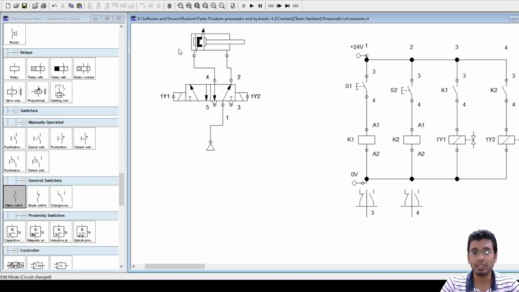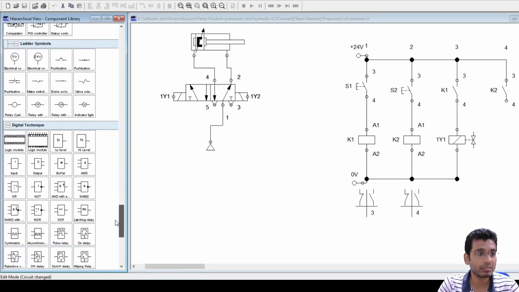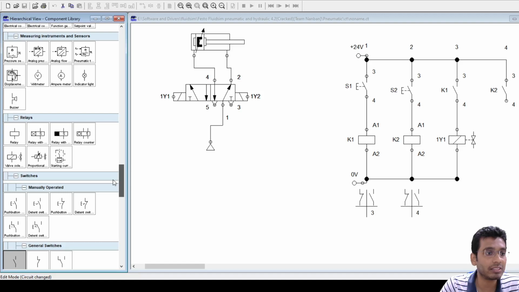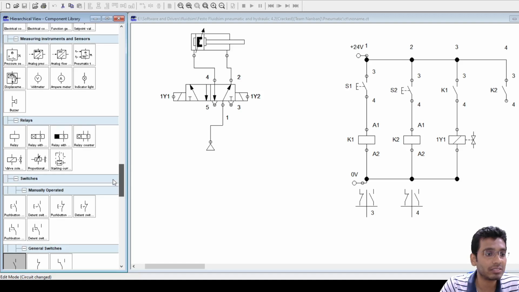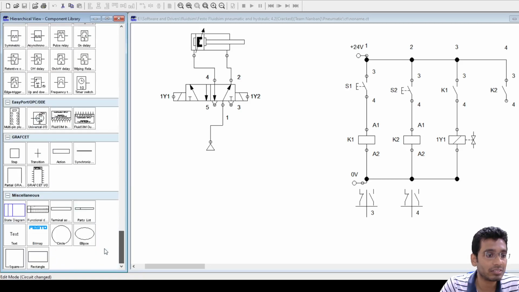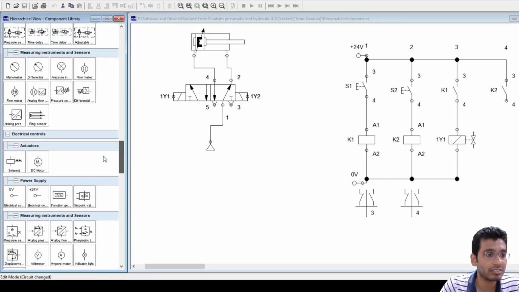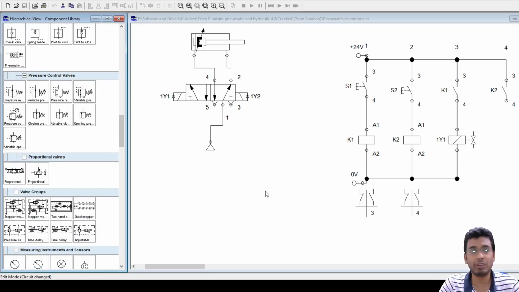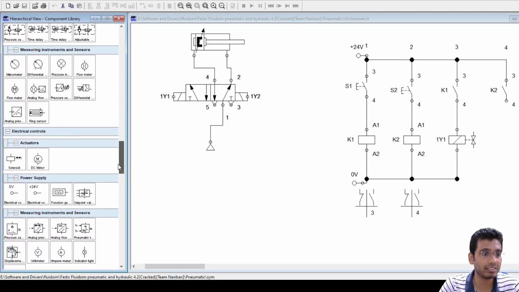Fine. An output element can be one thing. Suppose instead of 1 by 2, I take this and place a lamp here. Okay, let's say one lamp is here, denoted by anything.